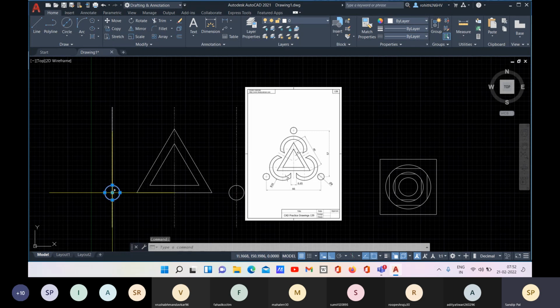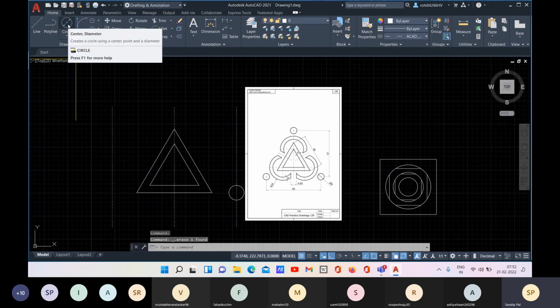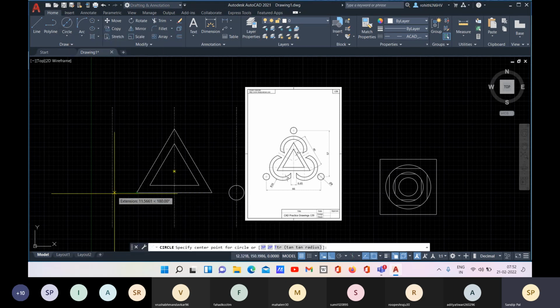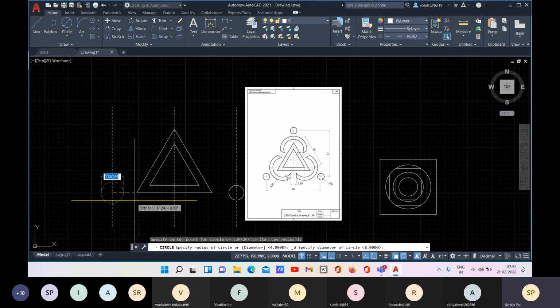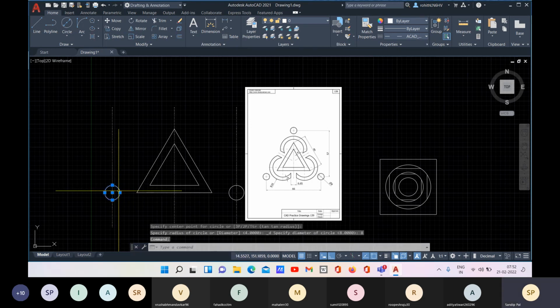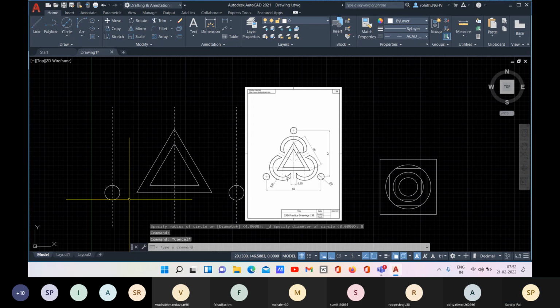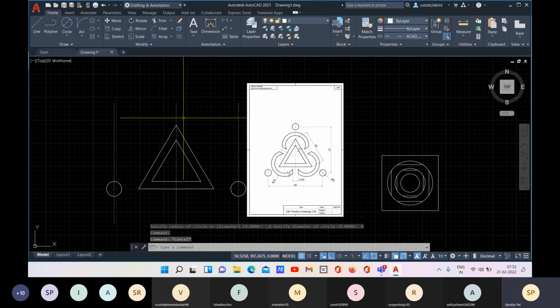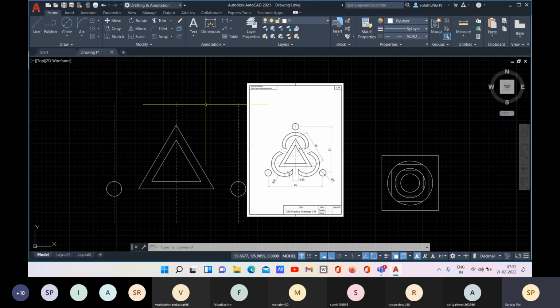So it is like that. From the last point it will calculate actually. Okay, so the last point, here we had placed the circle. So if you create the circle like this here, and diameter is 8, enter. So that is the point which you have taken just now, and that is the last point. That is the last point data stored in AutoCAD.